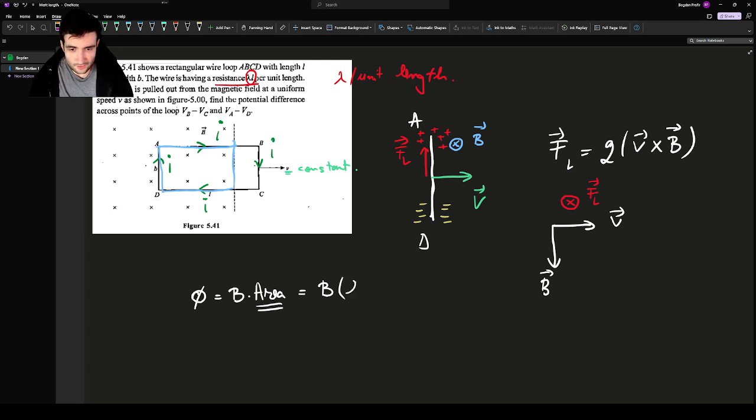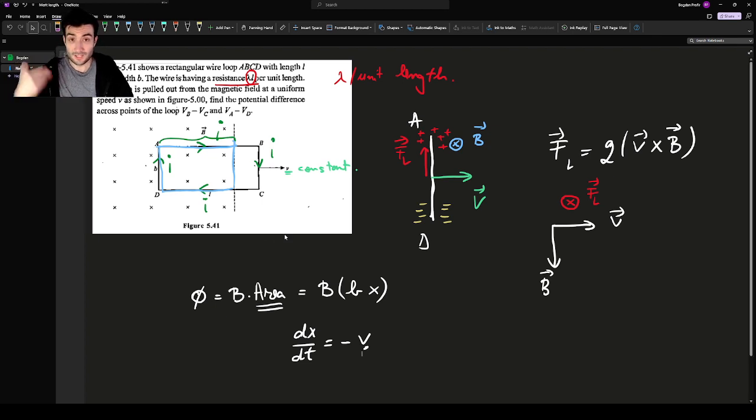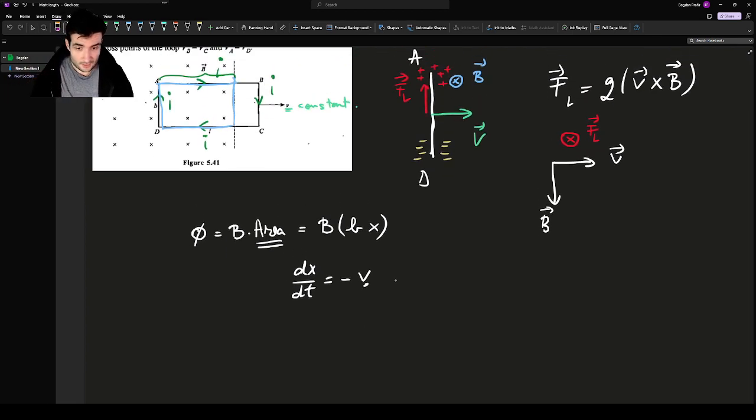So that area is lowercase b multiplied by this. Okay, so that distance, I'm just going to call it x. And that x is changing. So that x with respect to time is equal to minus v. So it's negative because the distance x gets smaller, and it gets smaller at a rate of v, where v is the constant velocity. So it gets smaller at a constant rate, which means that the flux, which we wrote